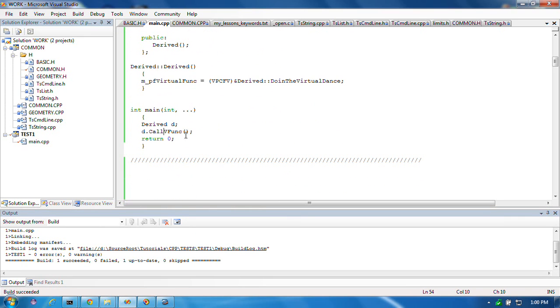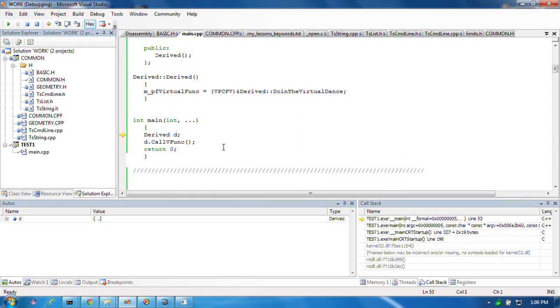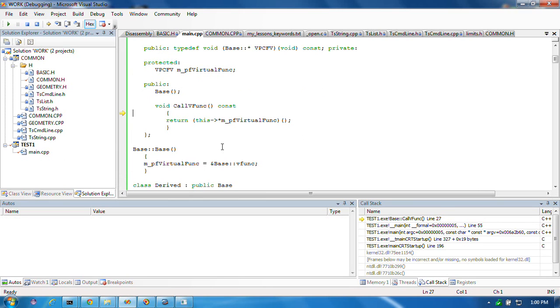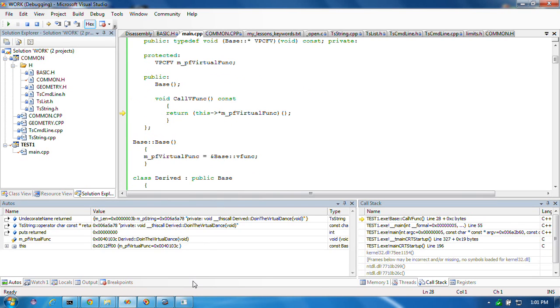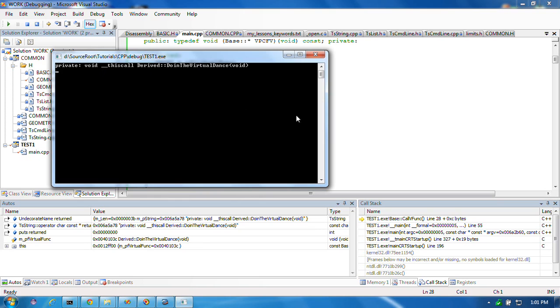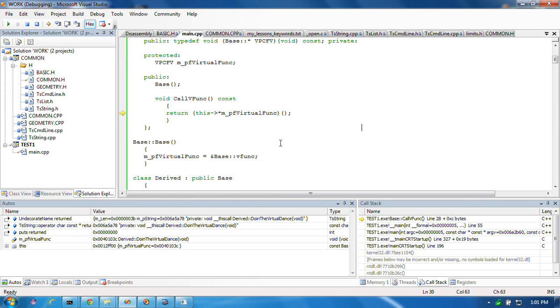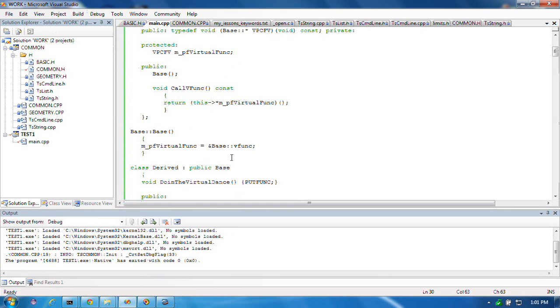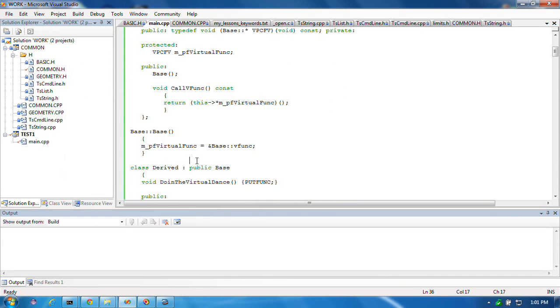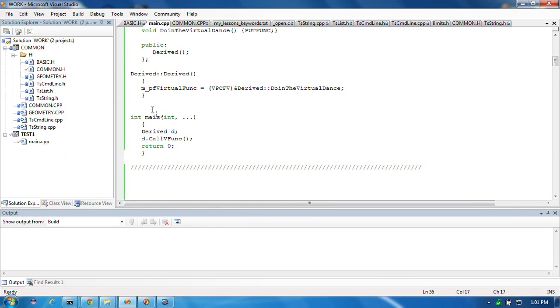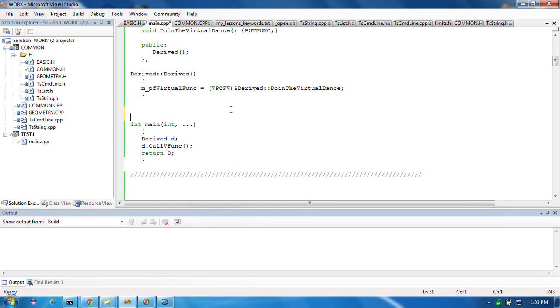So now I can just F5 or just step through it. Let's step through it at least once. That takes me here, and now that's going to take me here. Prints out derived, okay? Different name, everything. So that's fine. Now the first question that should come to mind as I'm writing this down